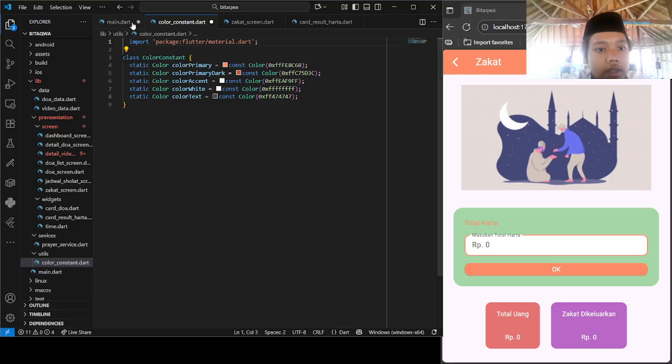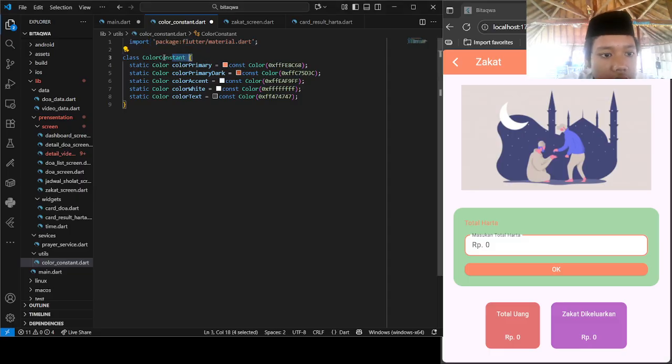Okay, let's go next to color constant. So what is this? This is actually for the preview of the application. There's the importing package from material, which is for importing the Flutter material design package. This package contains many components like button, color, bar, scaffold, and many more.